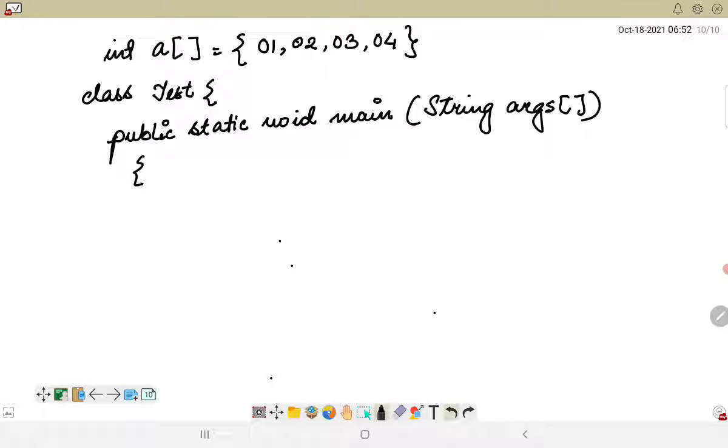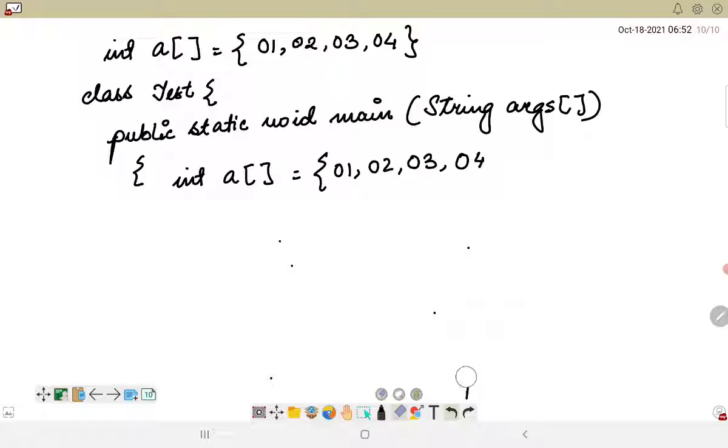And here I will use int a. Now a here again is the reference variable, and here I am using 01, 02, 03, 04. So this is how I will declare, instantiate and initialize the array in a single line. And then I will try to print this array.